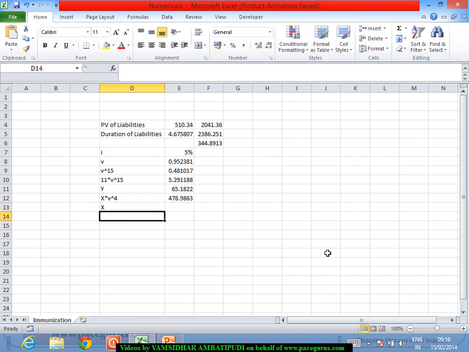So for that it's better that I compute v^4 also. So I can very well say x is 478 divided by v^4, giving me that in x you invest